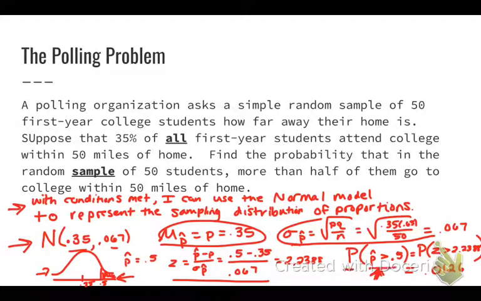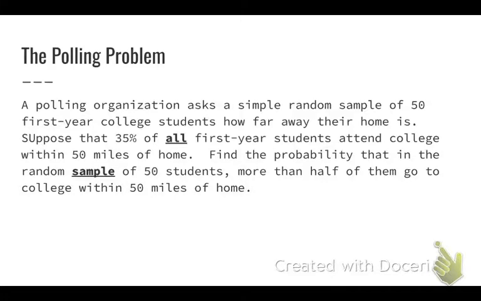Notation-wise, probability that my p hat is larger than 0.5, p hat that my z-score is greater than 2.2388, and then you don't need to show me what you typed into your calculator to get that 0.0126. You just write it down. So then the only other thing I need to finish up with is a conclusion in context. So, according to the normal model, always start with this, reference the model that we're using, because we'll be using other models as we go down the road. So according to the normal model, and then rewrite your statement of what you're looking for, the probability